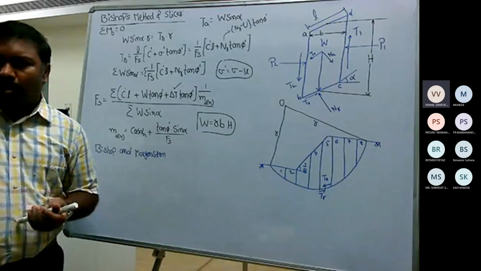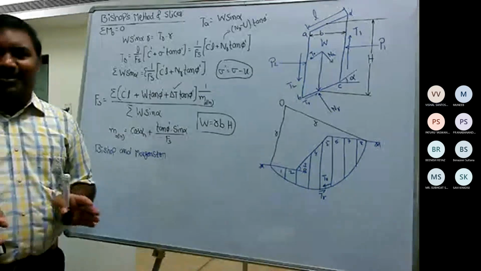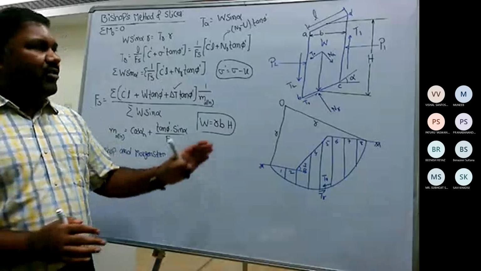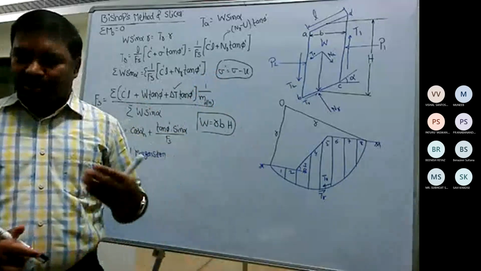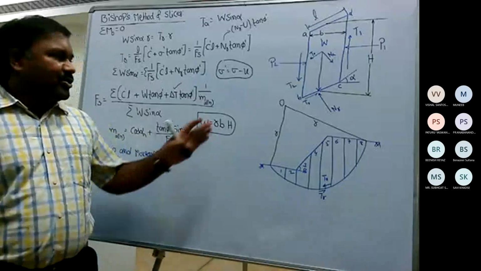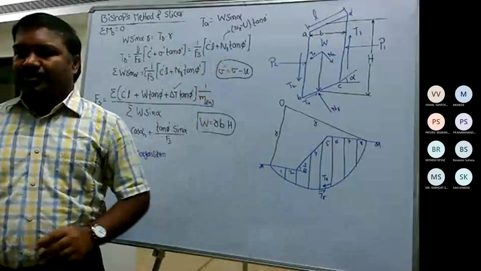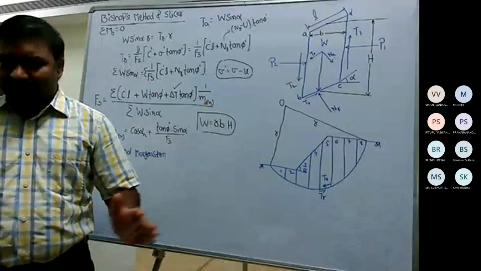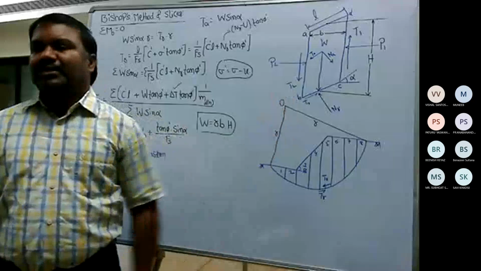Sir, do we have to remember only the formula, not the derivation? No, that's what I told you now. You don't need to remember anything. See how to understand the fundamental concepts involved in the derivation of all these equations, so that once you pass out from this institute and become a geotechnical engineer, you are aware. I can directly say this is the equation of Bishop's method, but once you pass out, you will not have any knowledge of whether this equation is valid for a certain slope or not.